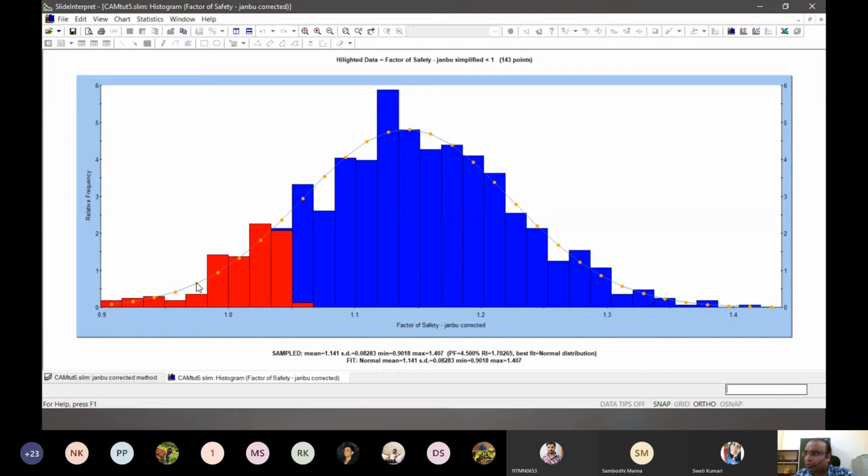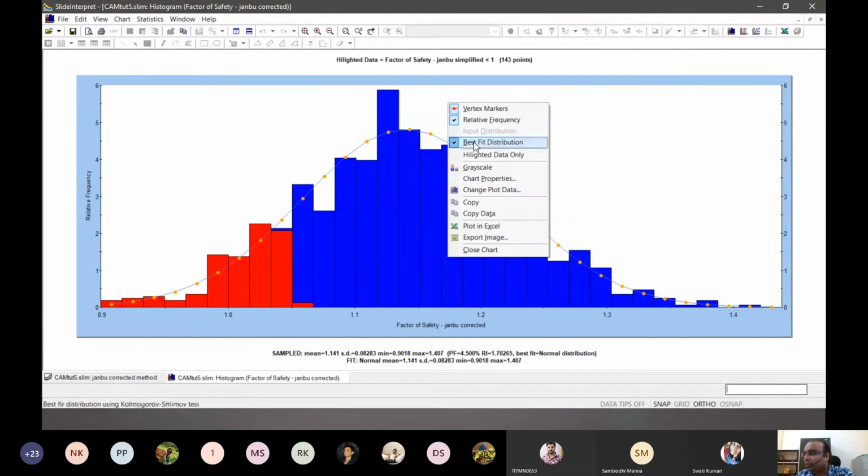Right now, the total number of points here was 1,000, right? So if we increase to suppose maybe 5,000 or more, we will see how many randomly generated variables will start to fit below this curve, and that becomes a more accurate representation of a normal distribution. So anyways, this was the factor of safety.